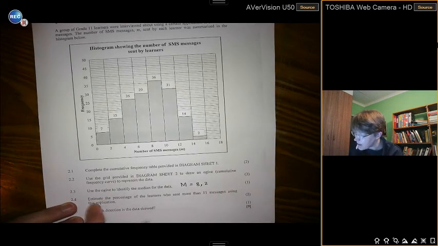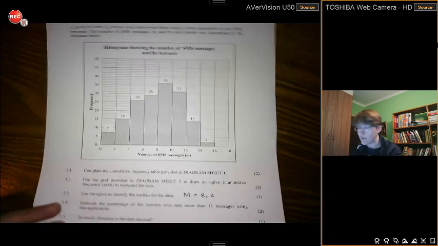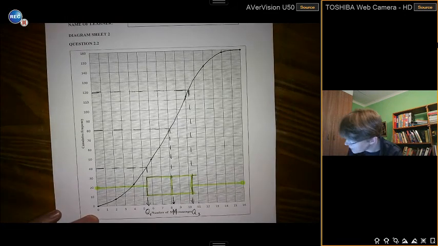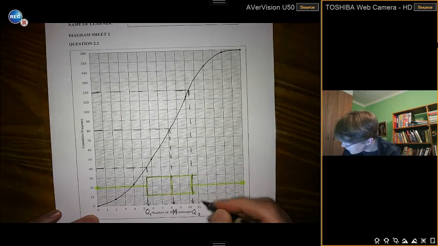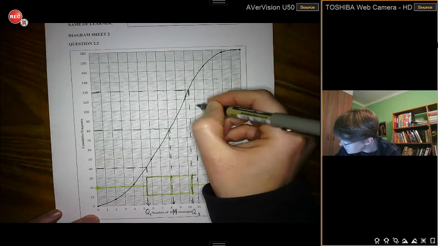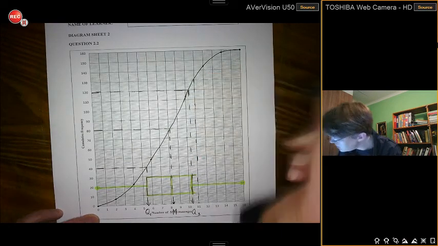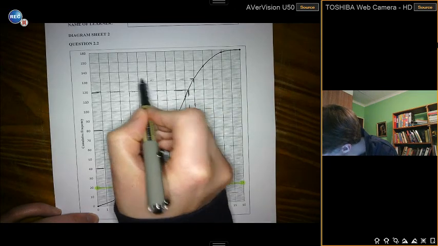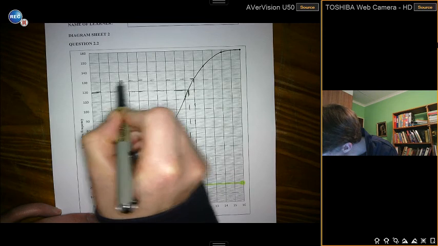And then estimate the percentage of learners who sent more than 11 messages using this application. Now this one goes a little bit the other direction because they wanted to know how many learners sent more than 11 messages. So I go to 11 over here, and instead of going from that side down, I go up and across. And that looks to be about